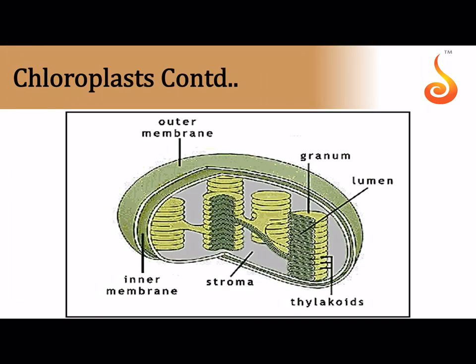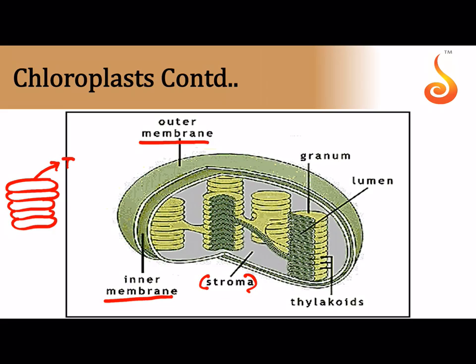Plastids, in which we are focusing on the chloroplast. Just like mitochondria, a plastid also has an outer membrane and an inner membrane. The fluid in this case is not called matrix, we refer to it as the stroma. There are several membranous disc-like structures which are stacked one above the other. Each membranous disc-like structure is called a thylakoid. The entire stack is referred to as the granum.